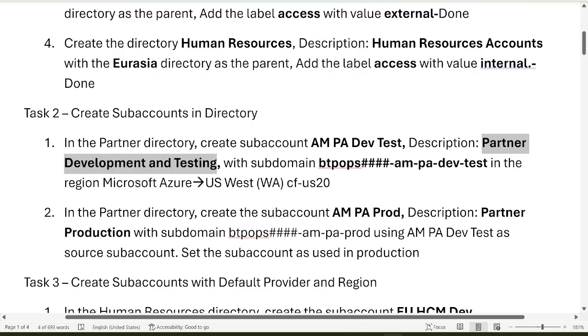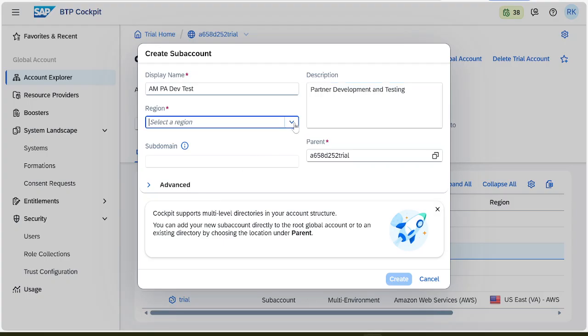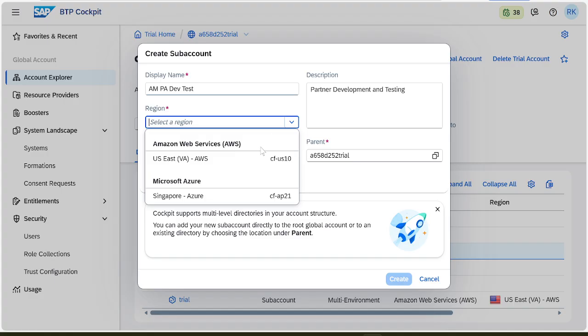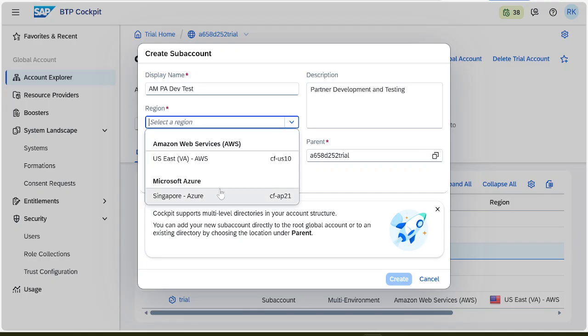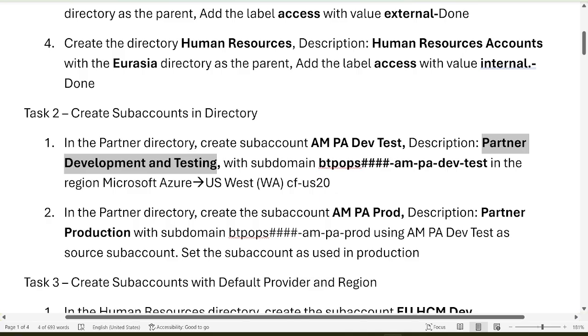Region is Microsoft Azure, US based, CF US 20. So while selecting the region, be careful. Microsoft Azure, you can see CF AP 21. This is the trial account. That's why, as per the question scenario, you cannot get this. But while giving the test, you will get this region.